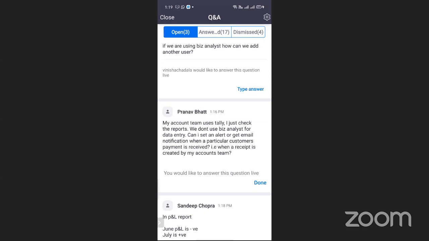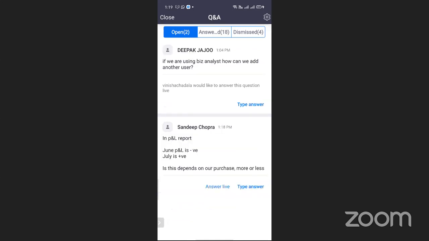But if you do it in mobile, you'll get a mailer confirmation in CC that your salesperson or any of your accountants have created this particular entry, whether that is an order, an invoice or a receipt. But you will get a mailer only if you have mentioned that mail address in the voucher type.